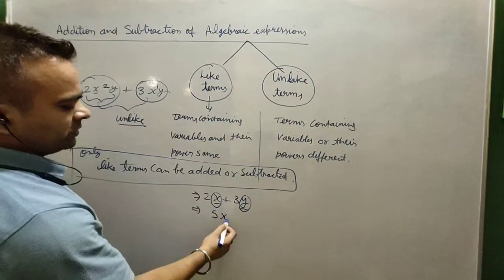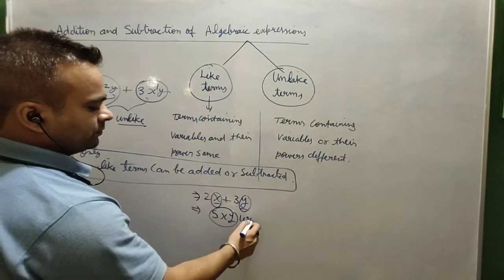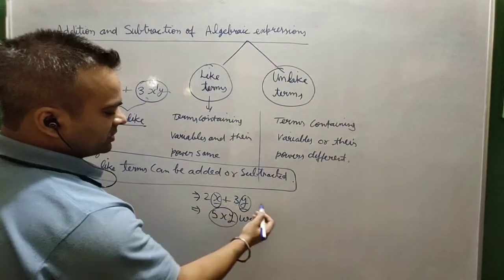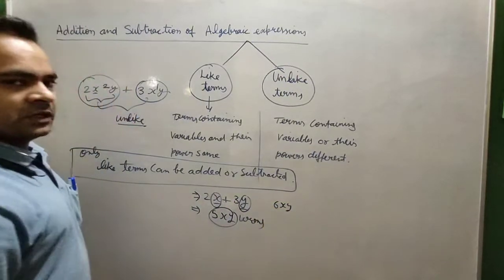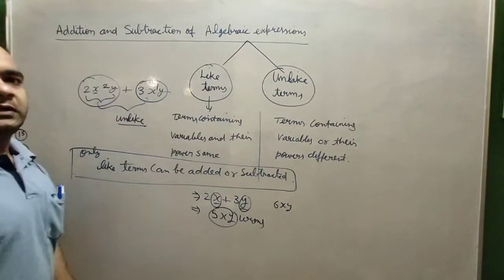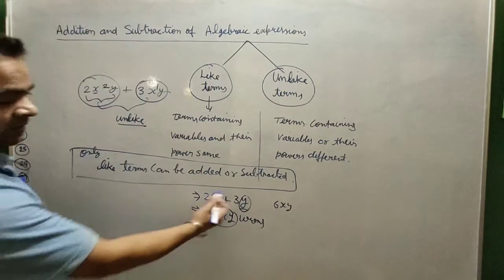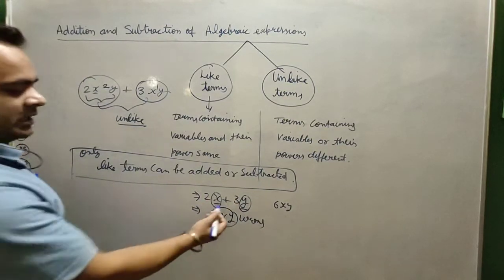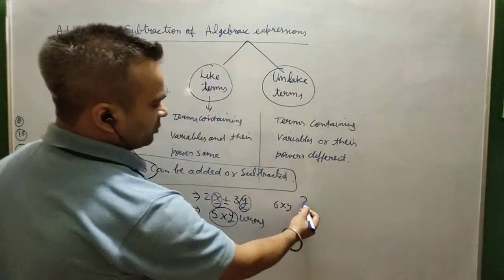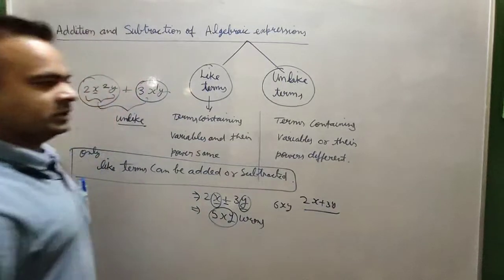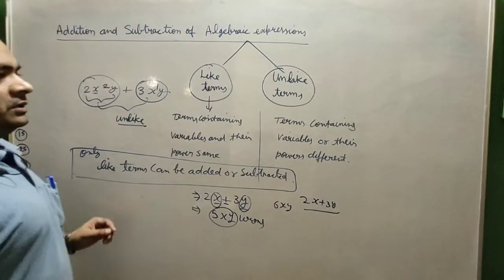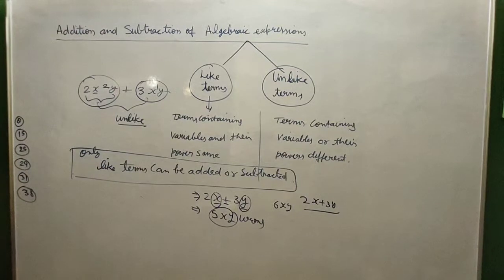So sometimes students write like this and it is wrong. Sometimes students write 2 plus 3 is 5xy. It is also wrong, because if they belong to different families, how can you join them with the help of other operations? So addition cannot be done. The answer will be the same only, 2x plus 3y. Further we can't do anything. This is the first thing, right? So in this topic, we will discuss and see some examples, so that you will be able to understand how we can add or subtract algebraic expressions, right?